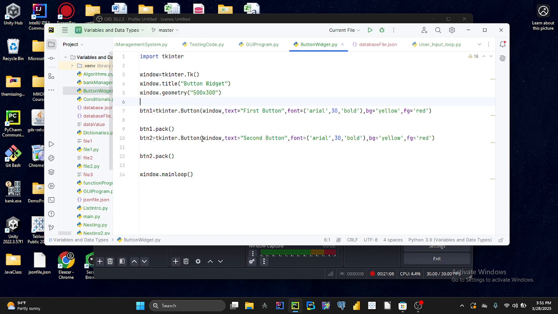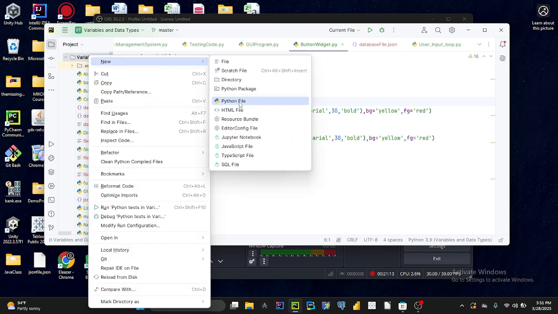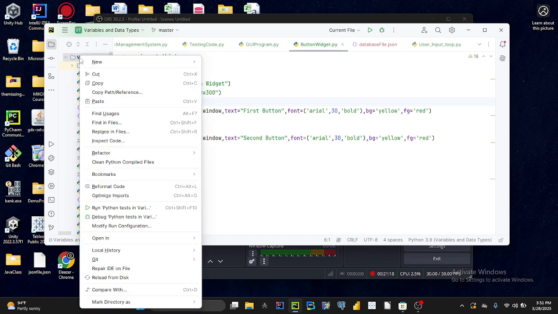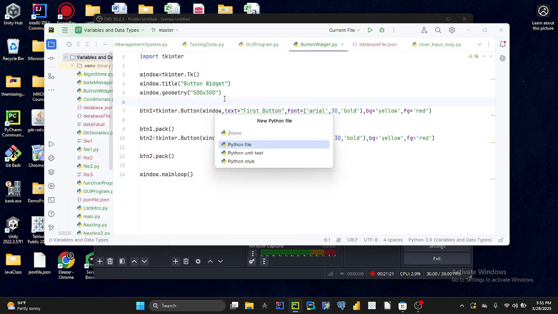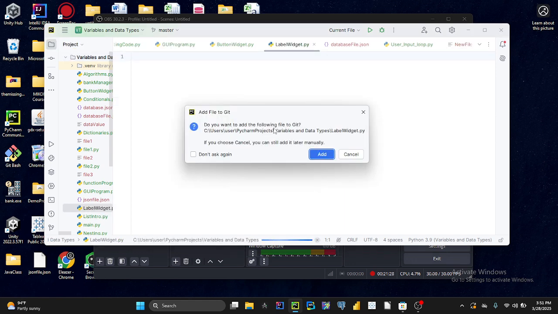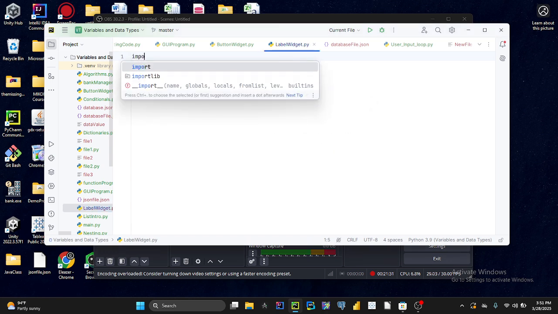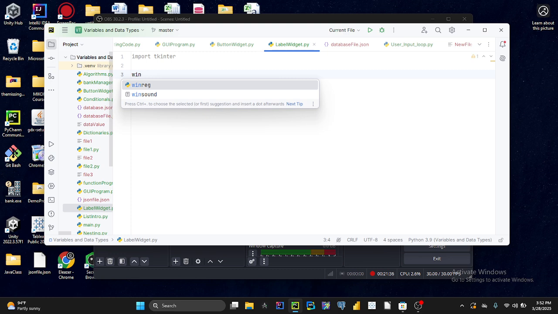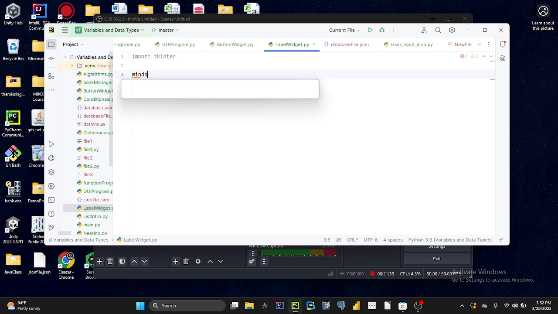So that's how you can create a button widget. So now let's see how we can create a label widget. So this tutorial covers both buttons and labels. So you just come here, right click on your folder like I did, right click and then come to new, the Python file. Then you can call it label widget. And then of course you want to import tkinter like before. We're already familiar with that. Import tkinter, create a window screen, come and say tkinter dot